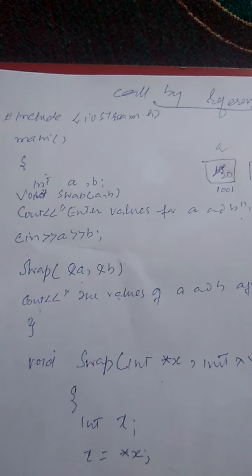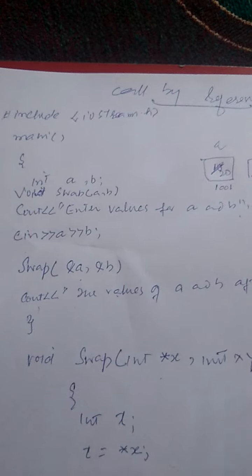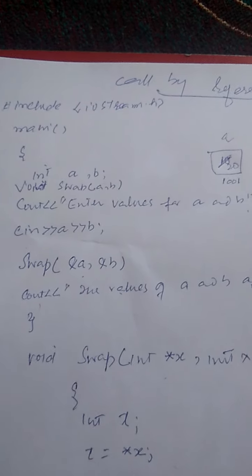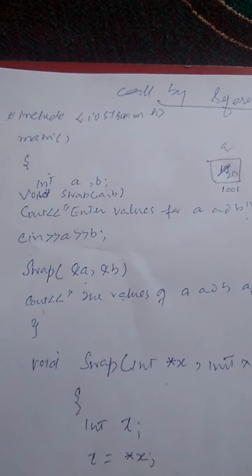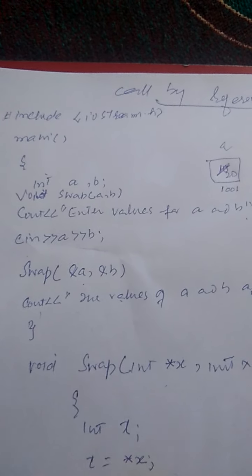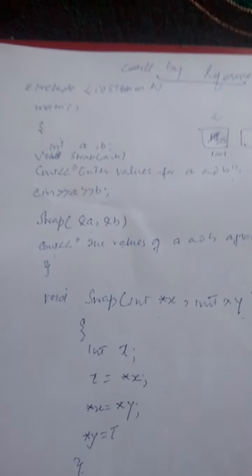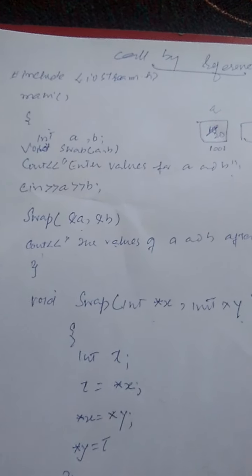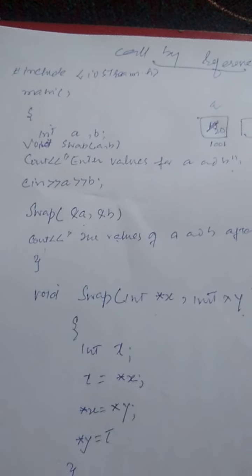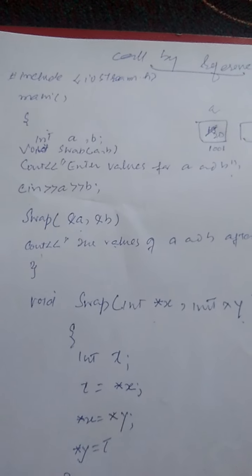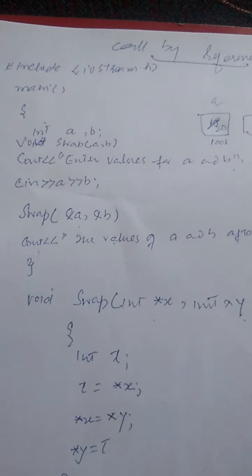There are two ways by which we can call a function. Either we can pass the values or we can pass the reference or address. So today we will discuss how to pass the address to a function and how the function will receive that address and will be able to manipulate the actual memory variables. While in call by value, we are not able to change the values of actual variables, the values of calling variables. So here we can change the values of actual variables by using call by reference, by using reference means address. So for this we have already a concept of pointers.